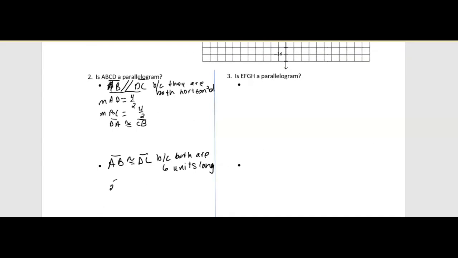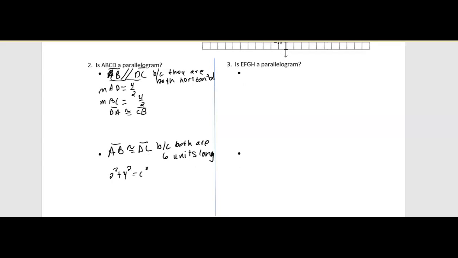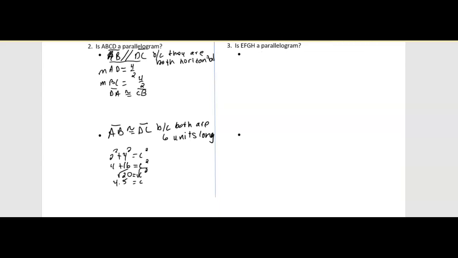So if I do 2 squared plus 4 squared equals C squared, we would get 4 plus 16 equals C squared, which is 20. Take the square root of both sides. And what we see is, when we round to the first decimal place, each of those would have a length of 4.5. So then we would say, if we look up at our diagram, segment DA is congruent to segment CB